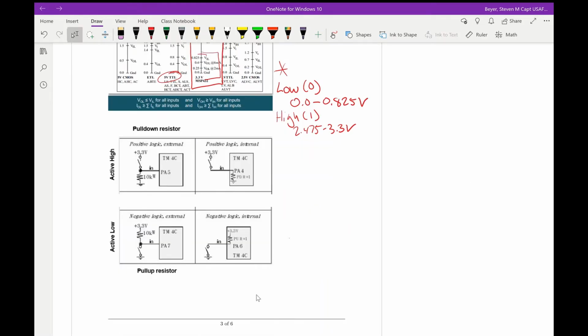There are two different ways to interact with input-output devices, and that is active high and active low. So with active high, and this is positive logic, a low voltage equals false, and a high voltage equals true. So when the switch is not pressed, for example, the bump sensors on the robot,